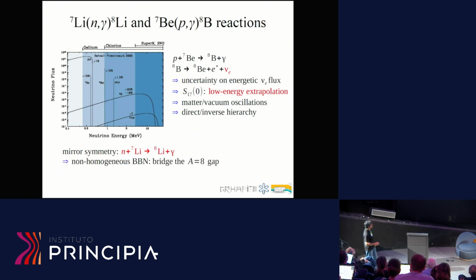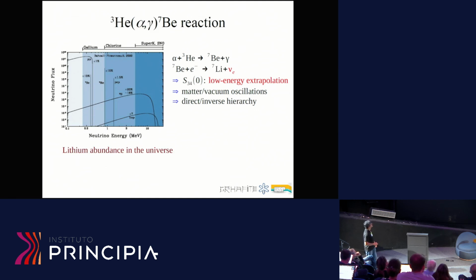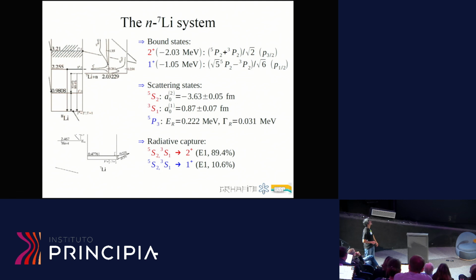And the reason that we also look at this neutron lithium-7 is because this is the mirror reaction to this one, which is important for neutrino detection. But as I said, this is the second reaction that I wanted to show results for here. So we are looking at describing this S34. So let me rush. And so the first one, neutron lithium-7,